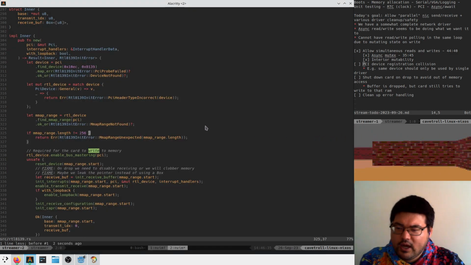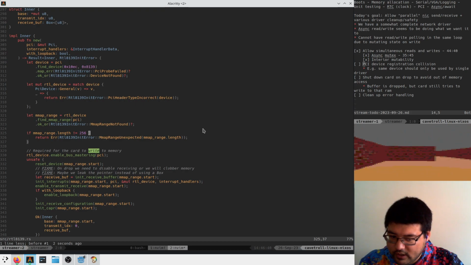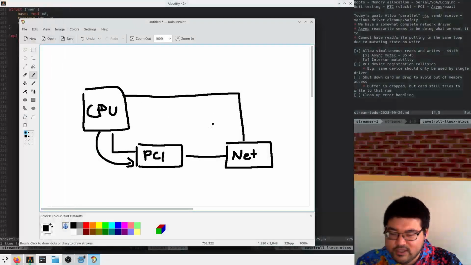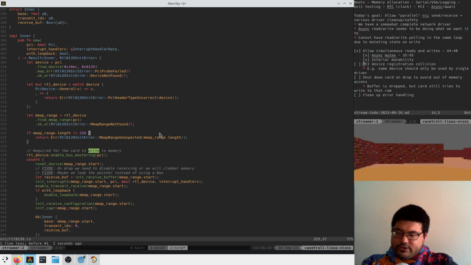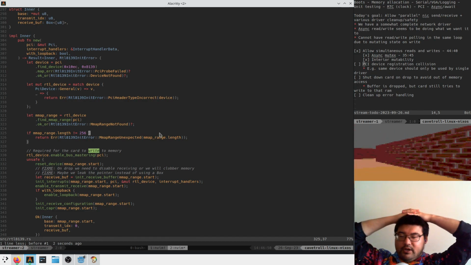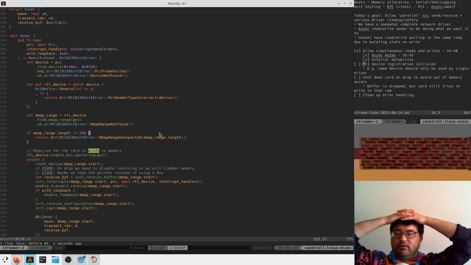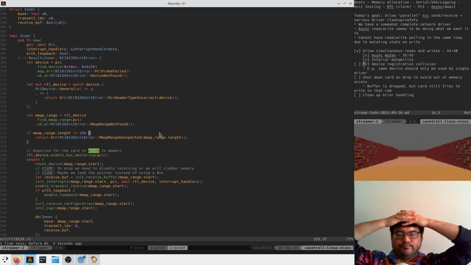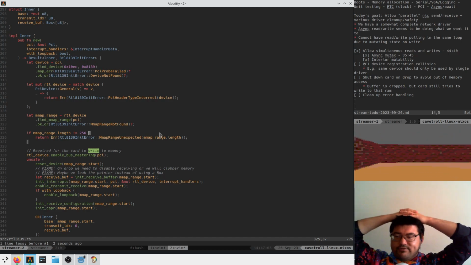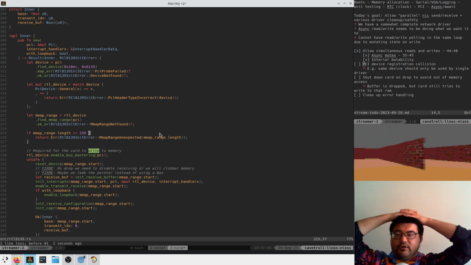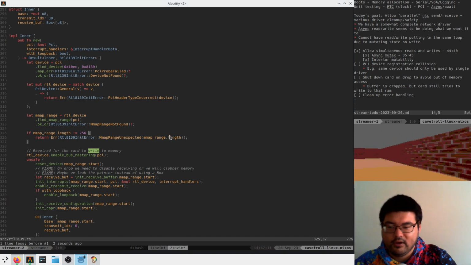And so the question is, how can we enforce that only one person owns that memory? Which is hard, right? Because we're just doing raw pointer access. But it would be nice to have some sort of registration mechanism just to avoid accidentally double dipping on device drivers. And so probably what we would have to do is make memory accesses go through the PCI device that we hand out, right? So we're going to get a PCI device handle,